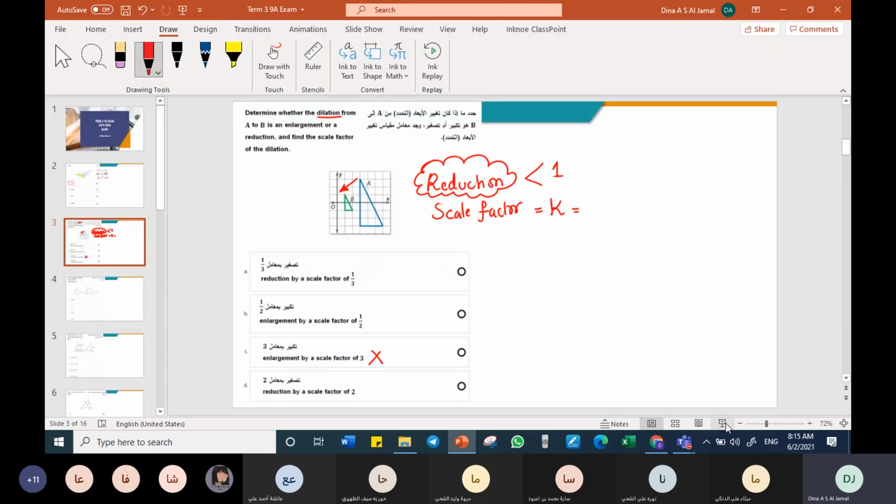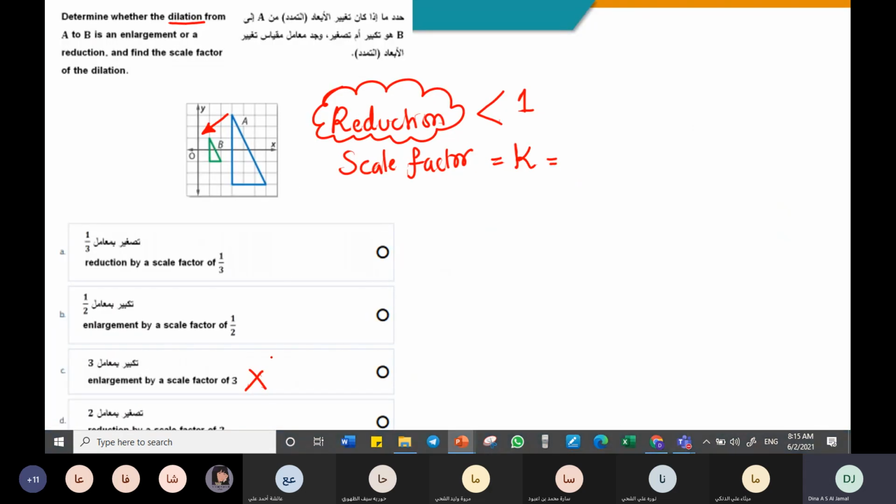Also this one I will be rejecting, because it is bigger than 1. So always K, you will be putting the measurement of your new or reduced shape over